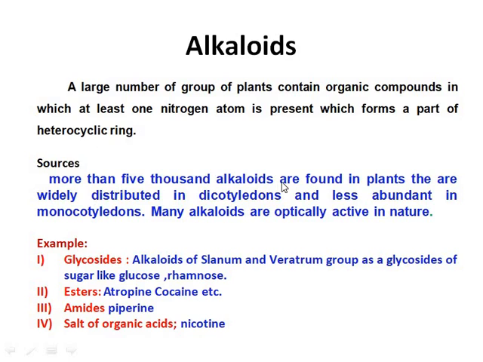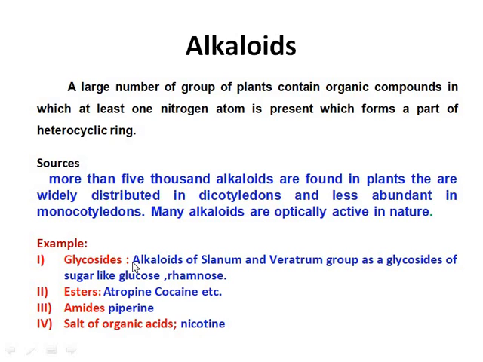About 5,000 alkaloids are found in plants. They are widely distributed, mainly in dicotyledons and less abundant in monocotyledons. Many alkaloids can be optically active in nature. For example,